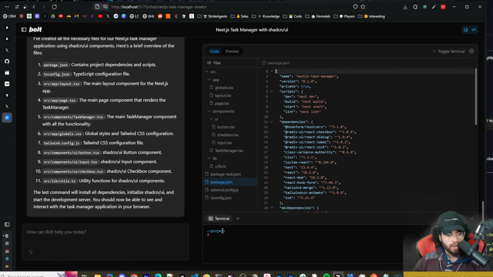And it literally did all that. We can see the terminal here. You can toggle this on or off. And then you can see all the different files here, which you can go ahead and edit. All right. And if you wanted to change stuff, you could do it in the chat,